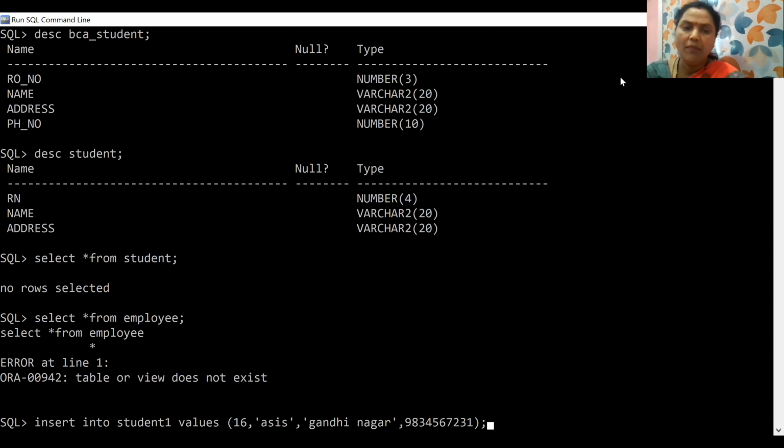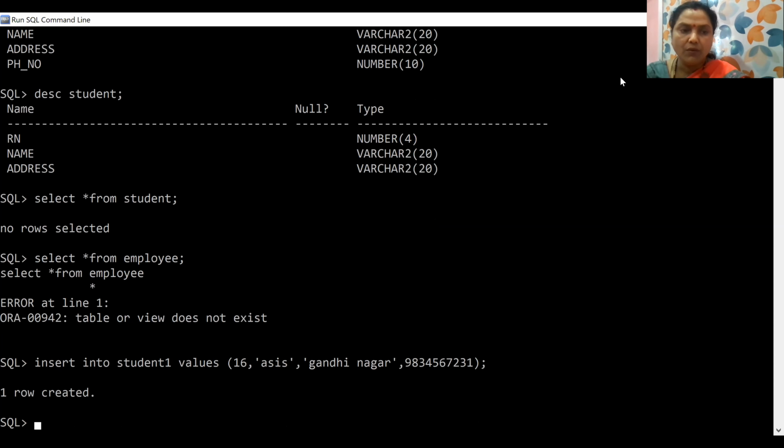Roll number, name, address, phone number. One row created. One row created means the contents of the table will be added. There is a single record, that is Asis. Let us check whether the contents have been inserted or not. Select star from student 1.